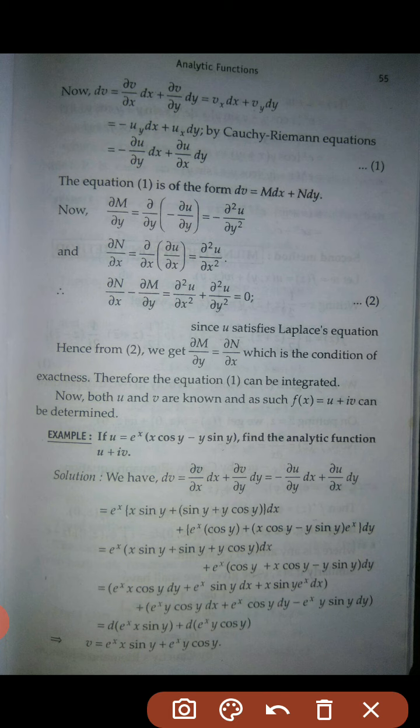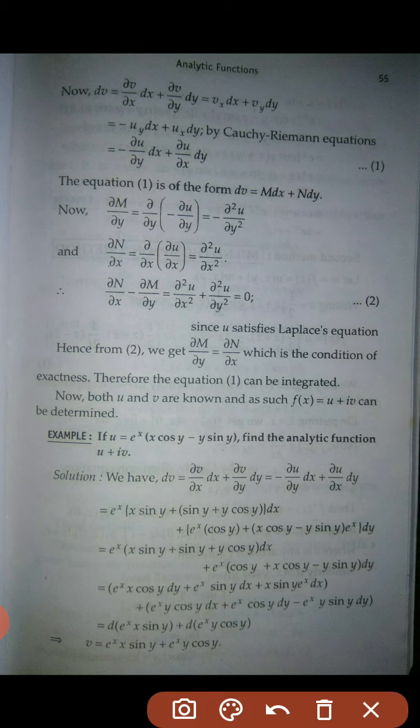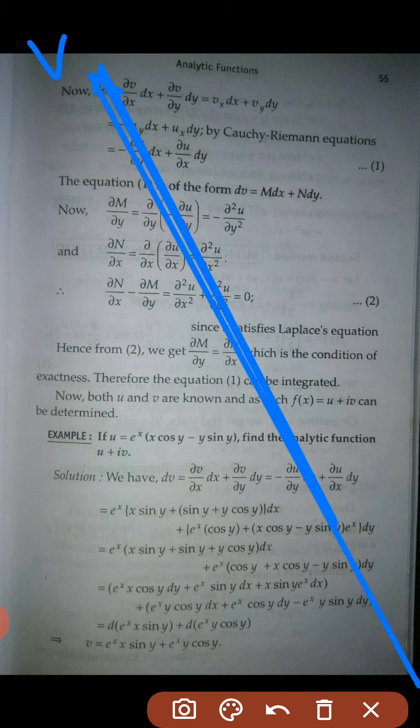So dv can be written as del v by del x into dx plus del v by del y into dy. We can write the partial derivative del v by del x as vx, and the partial derivative del v by del y as vy, so it is vx dx plus vy dy. Okay, now by the Cauchy-Riemann equation, what we have here is vx equals